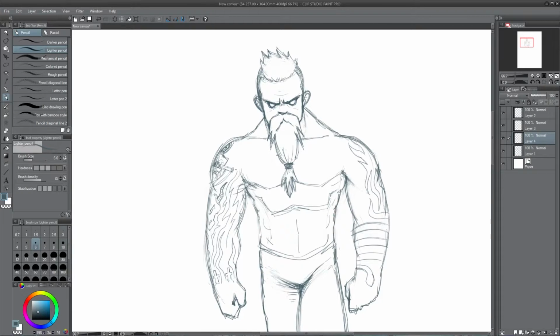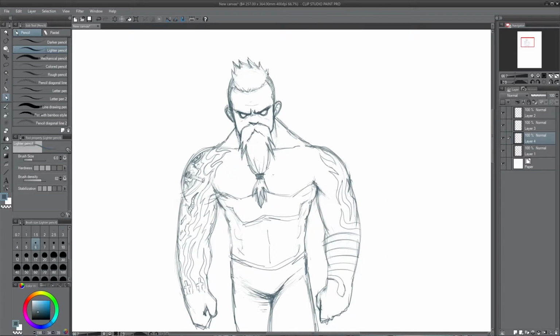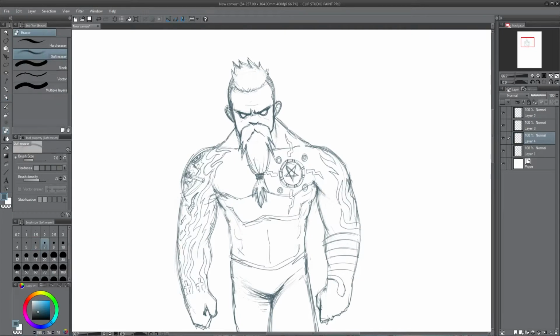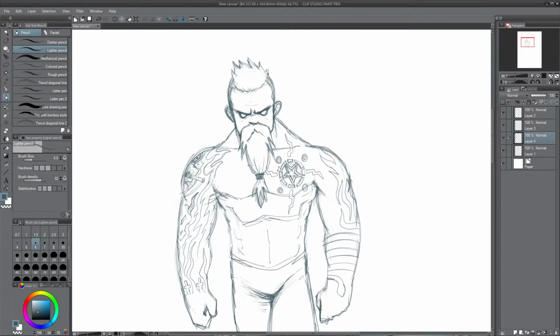Because I drew the character, I sketched it out. It needs some tweaking, I know that. I haven't made up my mind if he's going to be a brawler or if he's going to have a weapon or weapons. But I really just wanted to create a character first, and then create the story or the circumstances around him.